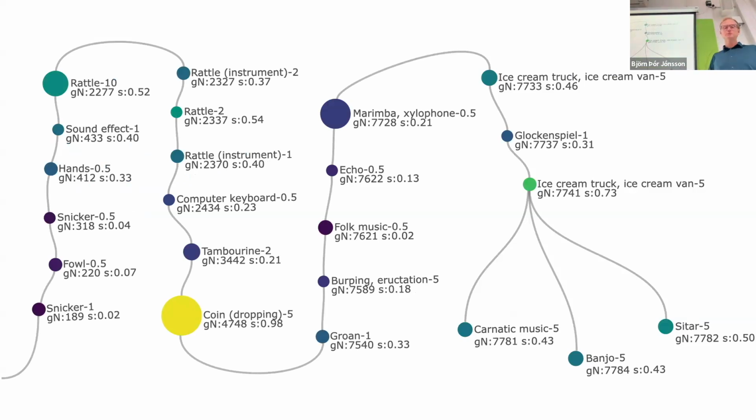And in this case of supervised classification, we can even see traversals between contexts or groups of classes. So non-musical and musical contexts, which is a kind of a nice demonstration of how important it can be to have a diversity of discoveries. So you can have a parent from a non-musical class for a musical sound, for example.